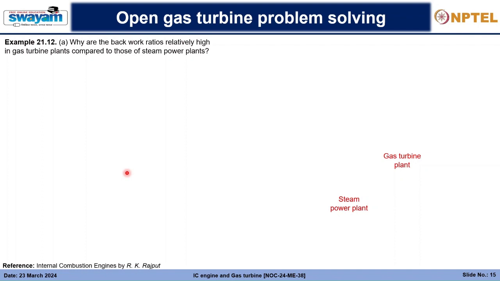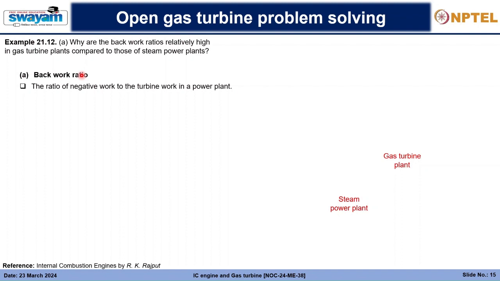The next question would be a conceptual question. That is, why are the back work ratios relatively high in gas power plants compared to those of steam power plants? So by back work ratios, we actually mean, so we are comparing between gas turbine power plant and steam power plant, and we are concerned about the back work ratio. So the back work ratio is the ratio of negative work to the turbine work in a power